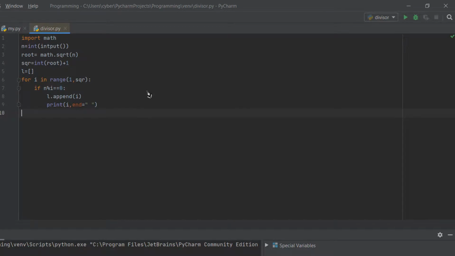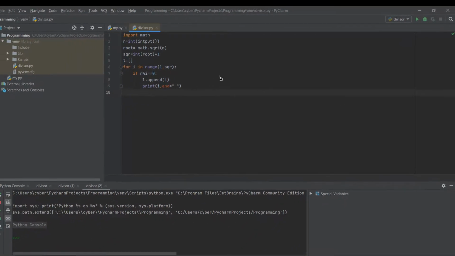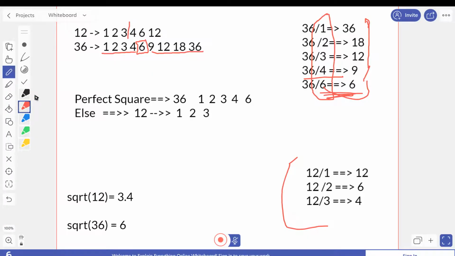And now here is the thing that we are going to do. We are going to find if the number that we got is a perfect square. So for checking if the number is a perfect square, let's go back to our slide. If the number is a perfect square like this, 36, it will give me a number 6. We are just going to make it round off, and in the case of 12 it will make it 4. Here it will make it 4, and here it will remain 6, and then we are going to subtract it, like 6 minus 6 it will give 0, but here 4 minus 3.4 it won't give 0. So this is the way that we can quickly and easily find if the number that we are given is a perfect square or not.